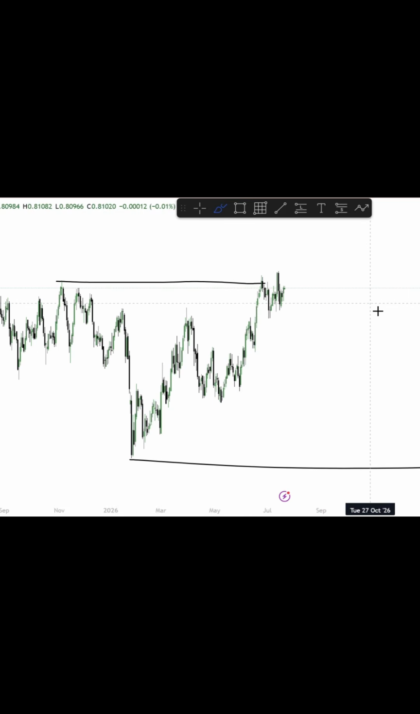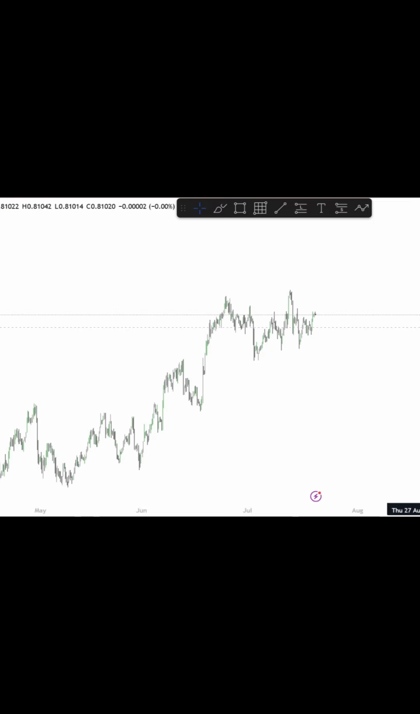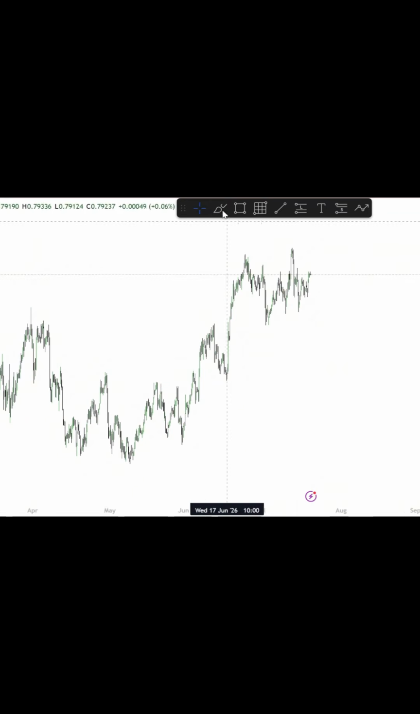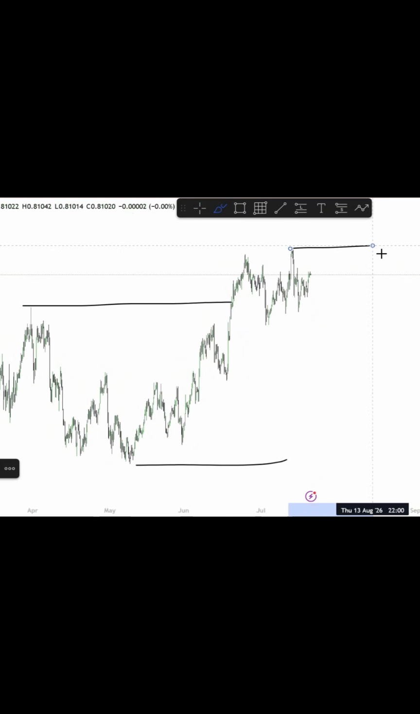If we go down onto the 4-hour time frame, it is relatively similar to the daily chart. We can see that we've had our most recent 4-hour break over here. We have our swing low and we have our swing high. We've got lots of open liquidity that needs to be taken, in my opinion, before we can look for that